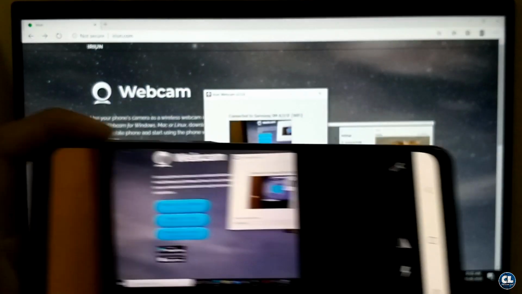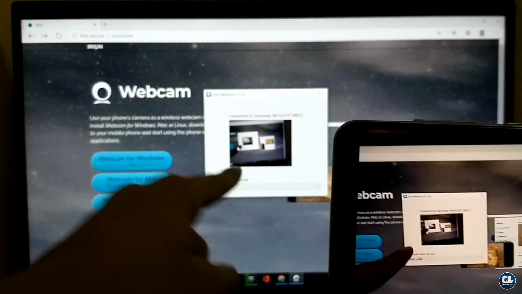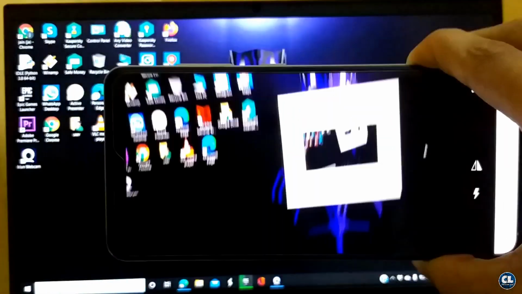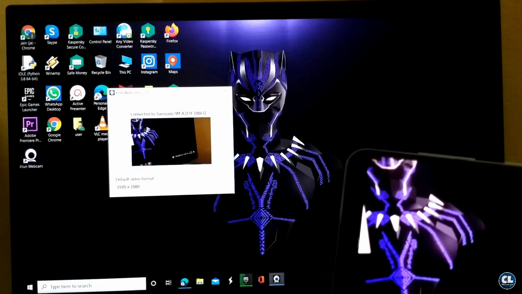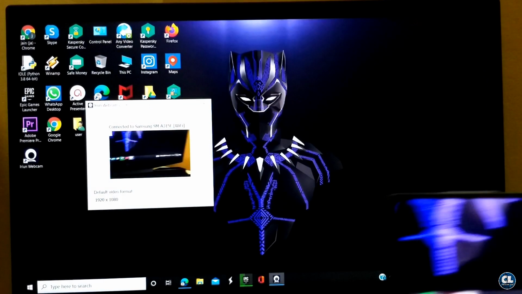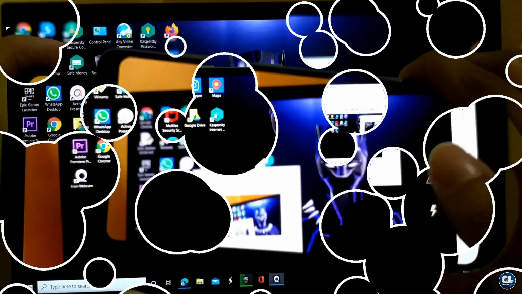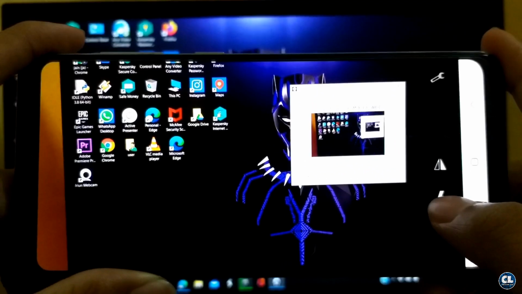So now you can see the video starts capturing on the screen. In this way you can capture better quality video by placing the camera in different directions. Now I can move the camera without latency at the time of streaming. Now let us look at the options available in it.